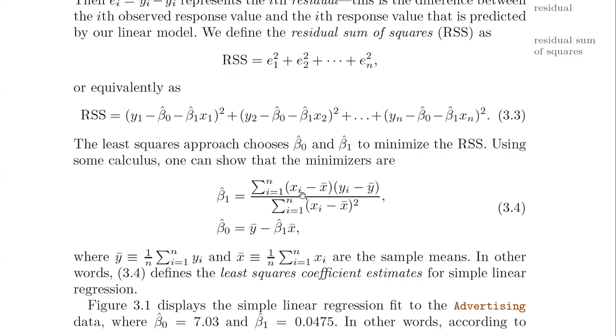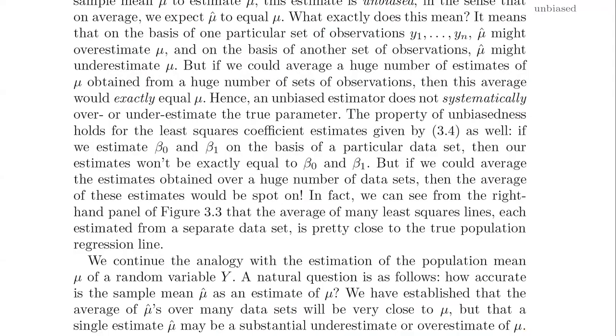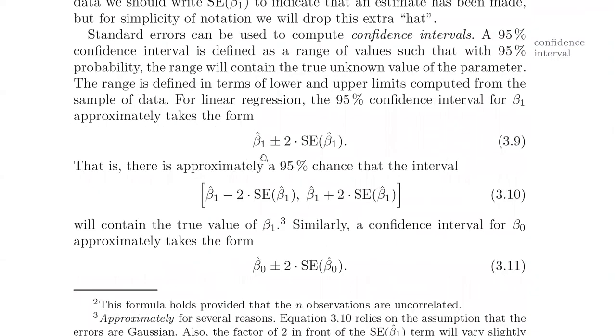We're dividing two sums. The first sum depends on your input data and your observed output data. The second sum depends solely on the input data. So once you've calculated that formula and you have an estimate of beta 1, that's beta 1 hat, then you also need to calculate